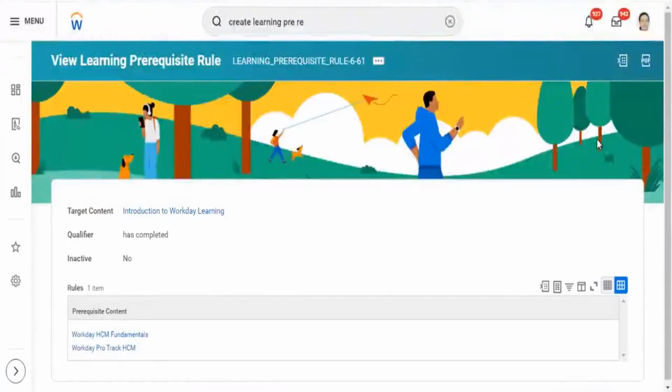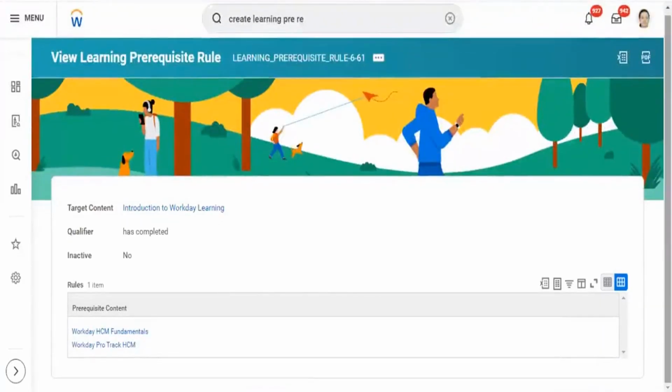Now we have created a prerequisite rule. Now, when I go to this course, I should be seeing a prerequisite. Only when you complete these two, then only you can go for completing this course.